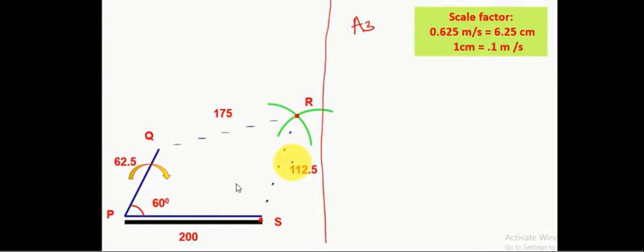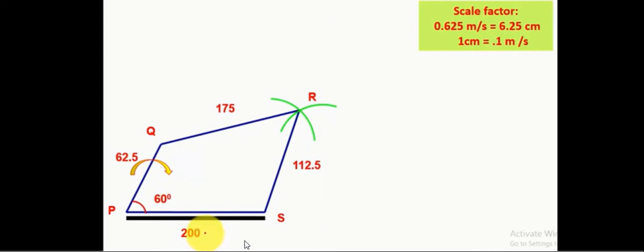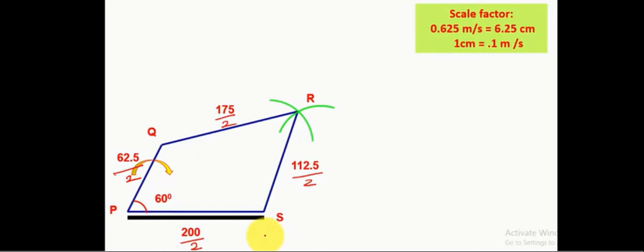Scaling, you can choose your own scale according to the width of your paper. So you can either take 200 millimeter as 20 centimeters, or you can take 200 millimeter as 10 centimeter also. If 20 centimeter is too wide for your page to contain, you can take 200 millimeter as 10 centimeter. Accordingly, you can scale all the others. And you should use a scaled diagram only. You should not use any rough diagrams. And from this, we will draw the velocity diagram.